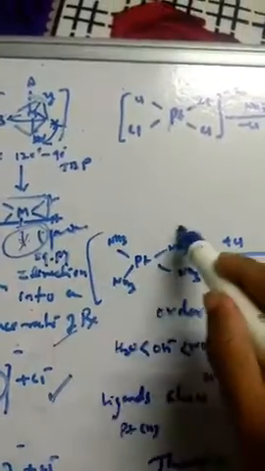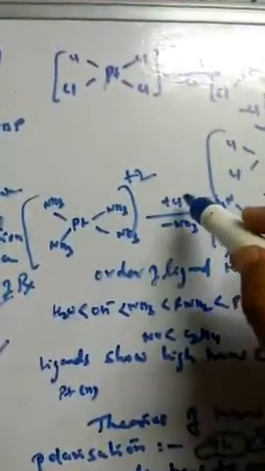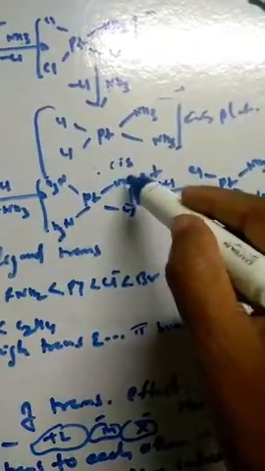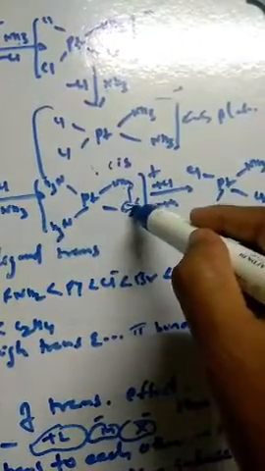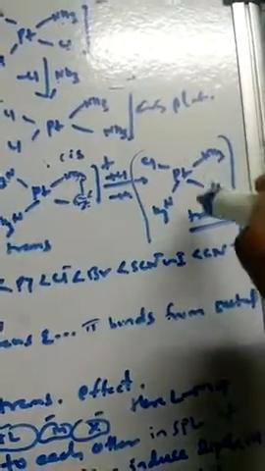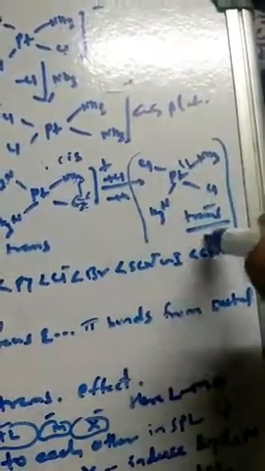Similarly, for trans, instead of platinum tetrachloro, I am going to take the amine complex, with amine on all sides, the tetraammine platinum(II) complex, a square planar complex. Now with chlorine, all are the same, so you can place it on any side. I will place the first Cl here. Now for the next chlorine there is competition. I have told you Cl has more trans effect than NH3, so the incoming Cl will be placed opposite the Cl, not opposite NH3. So we will get this complex, the trans dichlorodiammine platinum(II) complex. Like this the cis and trans complexes are synthesized.